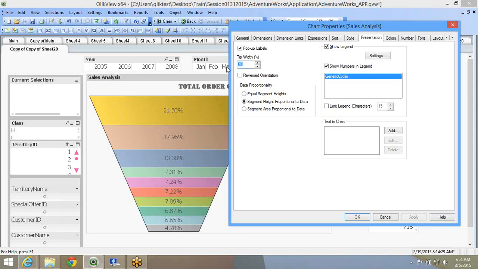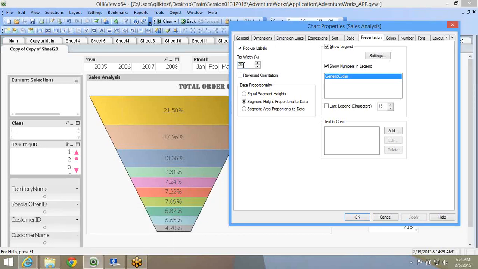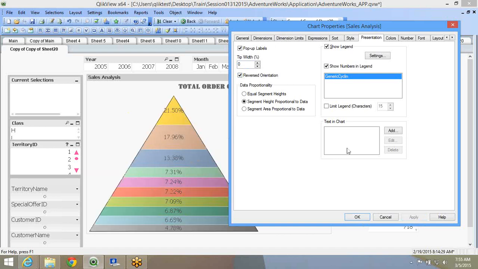So if I change it to 20%, it will become a little sharper. If I change it to 0, it will become a completely sharp pyramid. If I say reversed orientation, I can make this look like a pyramid. If you have any requirement where you have to show data as a pyramid, you can always show this.